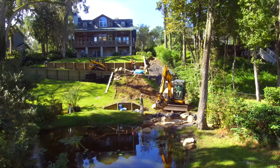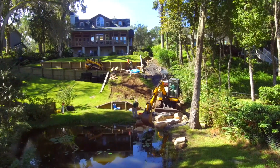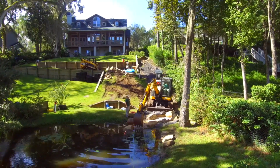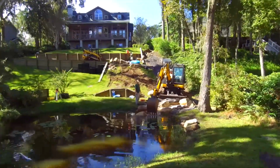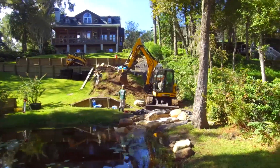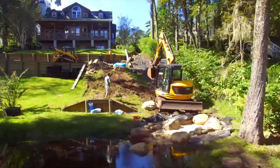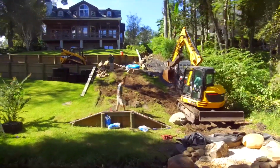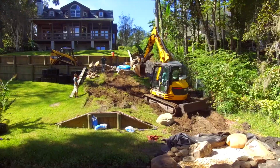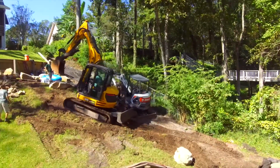The dry creek, I'm calling it the dry creek. It's the space between the pond edge and where our basin's going to be. We finished that up just this morning, so it looks just like a normal stream. You know, it has the underlayment, the liner, all that good stuff. And you can see we set some larger stones, just like in the pond, right in the middle of the entrance is what I'm talking about. There's a big one that's kind of cresting up out and over the water, which has a cool look in itself, but